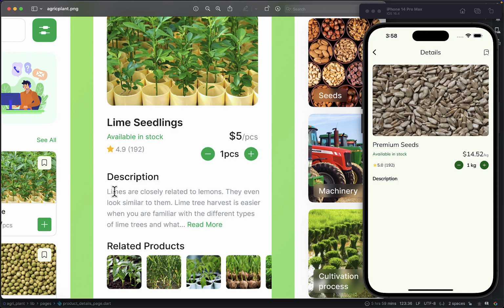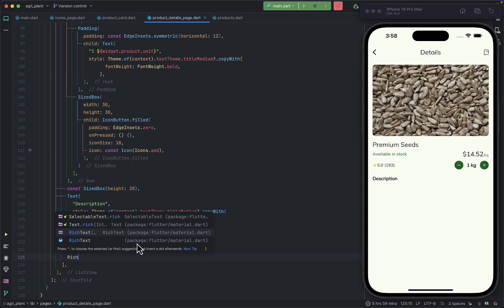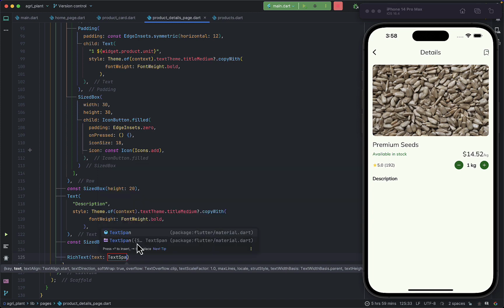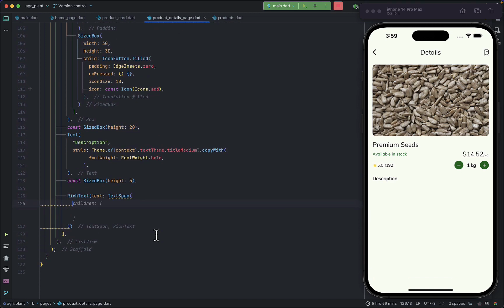So in order to achieve this, we can't use just a row widget. We need a rich text. A rich text will be the perfect widget for this use case. So just after the sizer box, I'm going to have a rich text here, and then the text is going to be a text span. With rich text we use text spans, and then within this text span we are going to have some